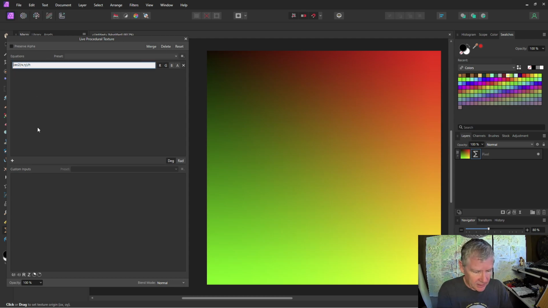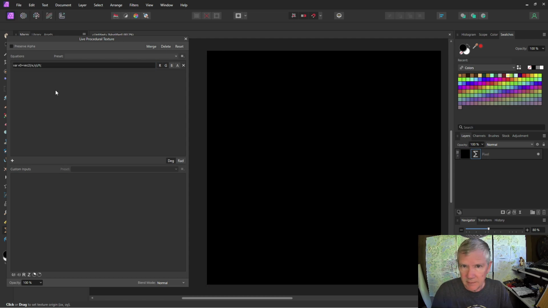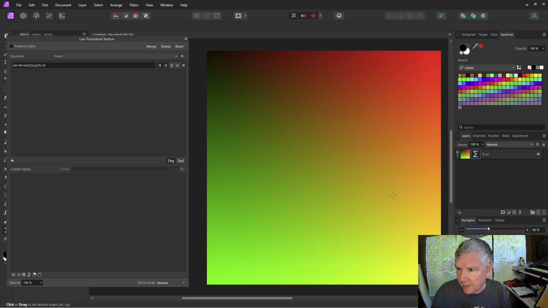I'm going to make this into a variable, so I'm going to use the variable operation and call it v0 equals vec2 of that. If I put a semicolon here, it terminates that variable. If I enter, it goes blank, but if I put v0 in again, it'll show the vector v0 as I created it. The next thing I'm going to do is add a custom input so I can change the scale of this. I'm going to call it scale,